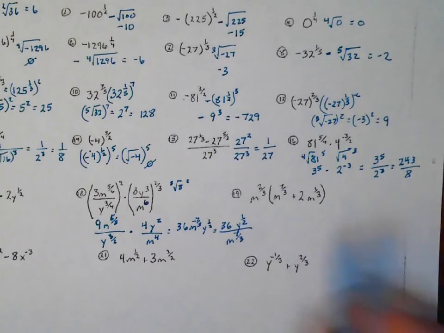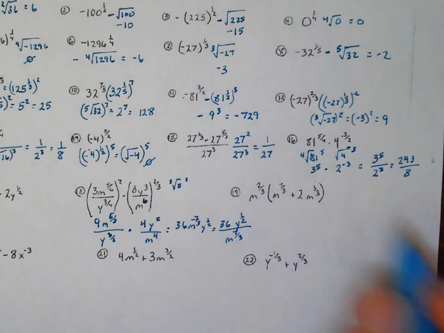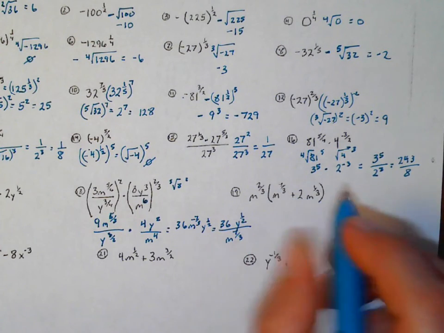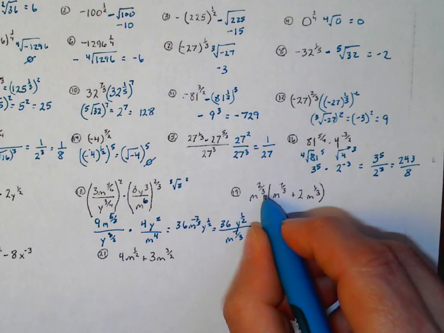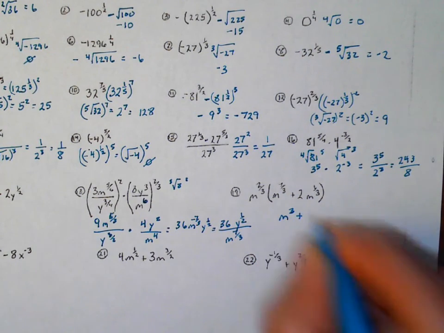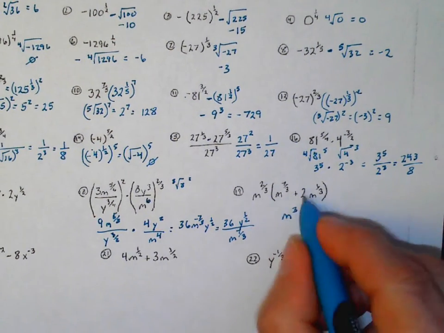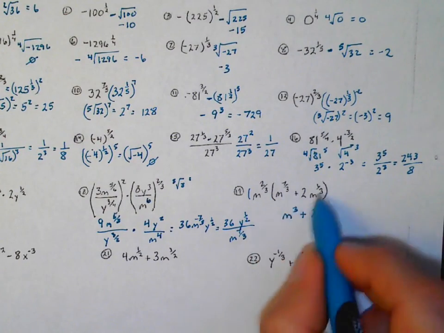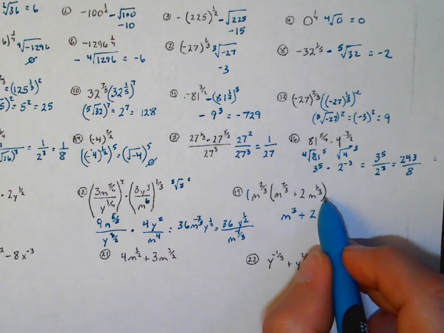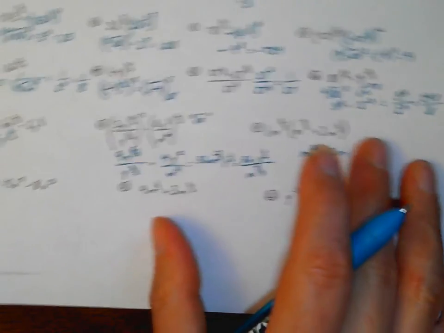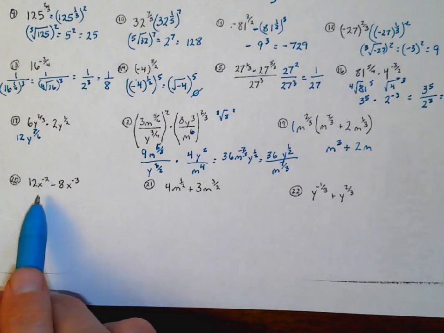Okay, number 19, we're going to use the distributive property and put it through. So remember, when we multiply, we have to add our exponents. So 2 thirds plus 7 thirds is 9 thirds, which is 3. And then this is like a 1 out front. 1 times 2 is 2. And then multiply, add your exponents. 2 thirds plus 1 third would be 3 thirds, which is 1. Okay. And the last couple here,